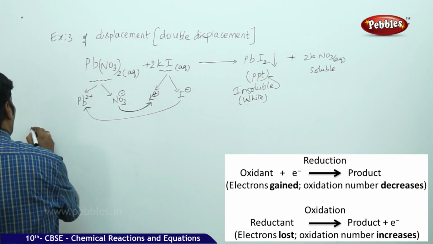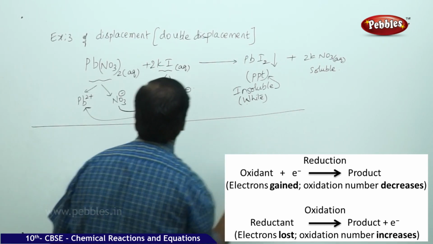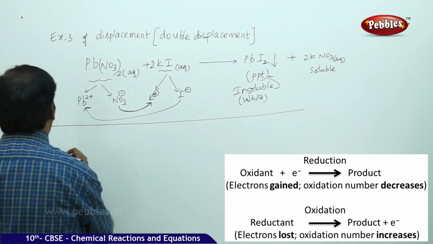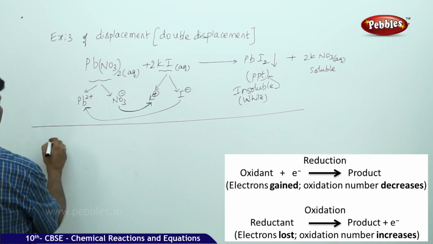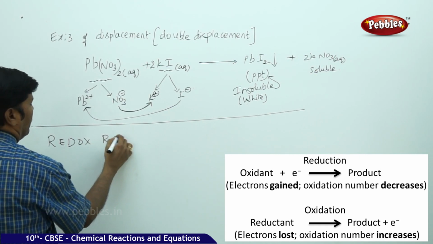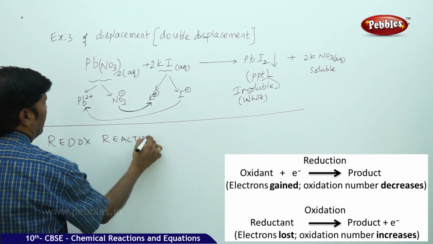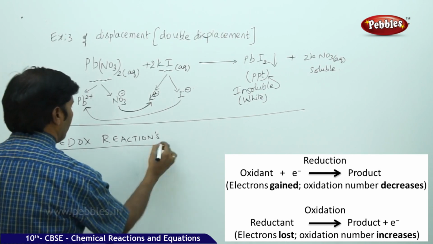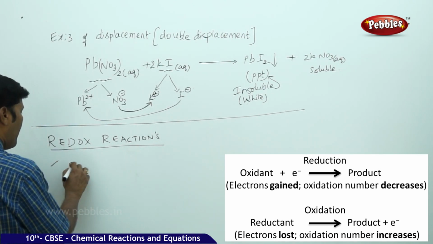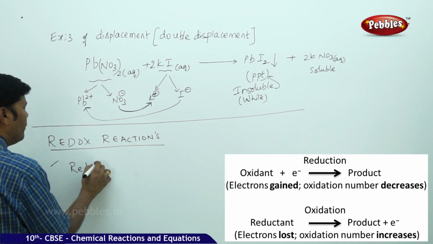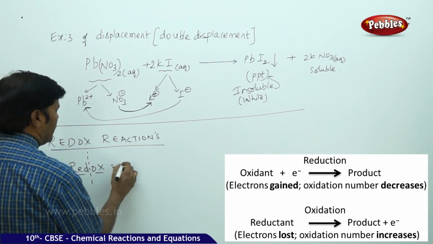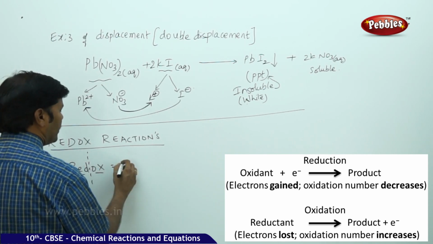Next, after this, we will go for the next topic, that is redox reactions. In redox reactions, what is the meaning of redox reaction? Redox, in this only the meaning is there. We cut the word into two halves. That is, a redox reaction is a chemical